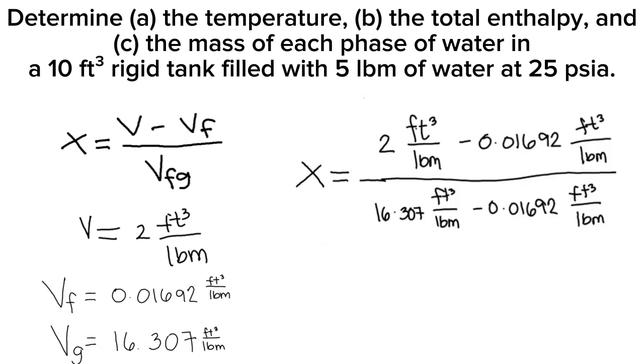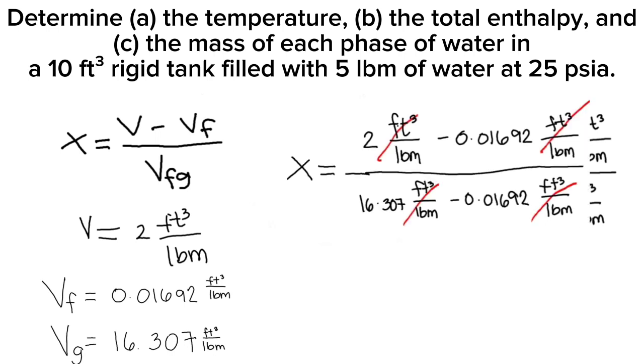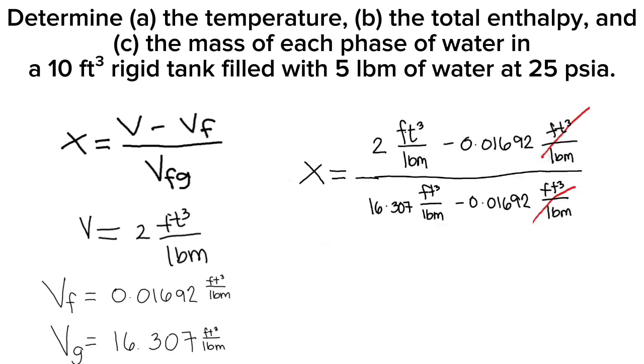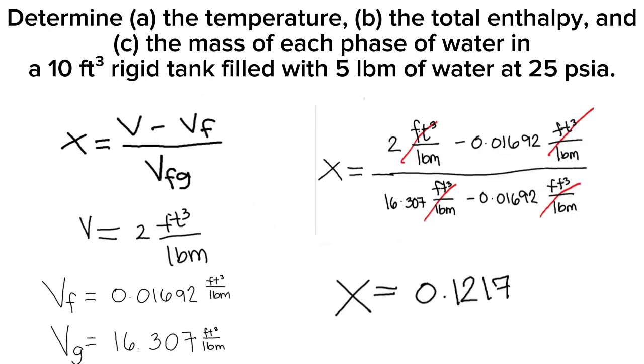Our specific volume is 2 cubic feet per pound mass minus the specific volume of saturated liquid, which is 0.01692 cubic feet per pound mass, over the specific volume of saturated vapor minus the specific volume of saturated liquid. Cancel out the units, and our quality X is equal to